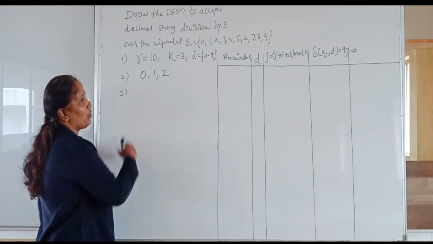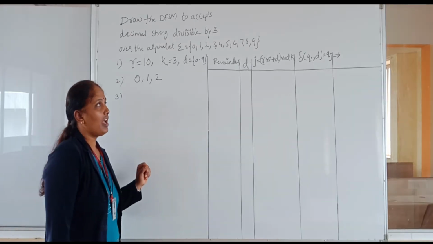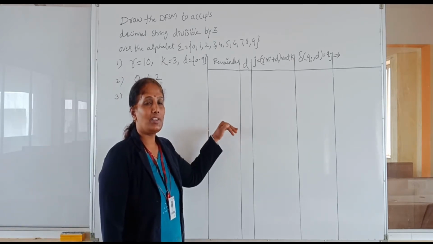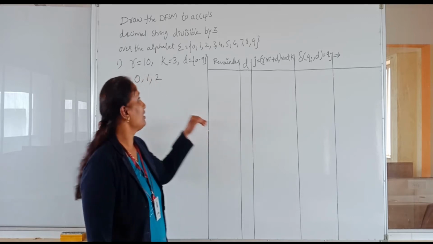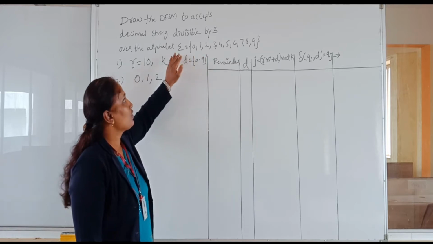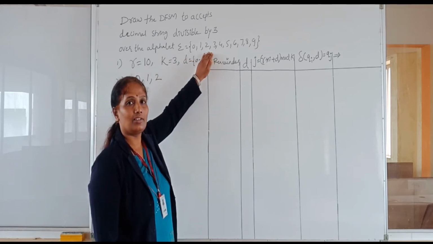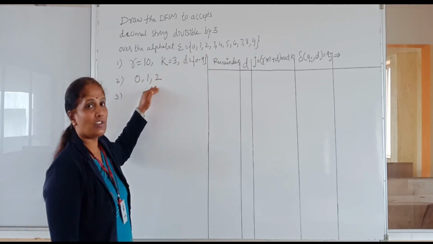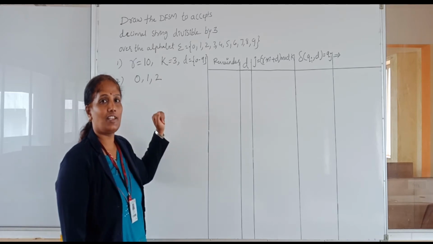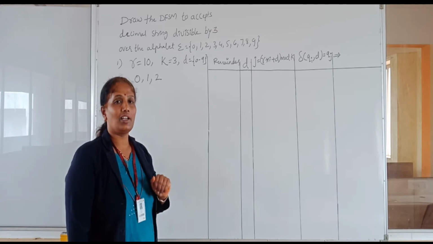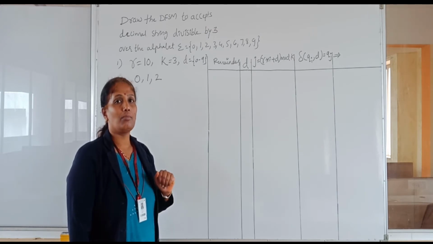The third step is you are going to find the transitions. So I am going to find the new transitions by constructing this table. This table is constructed based on the possible remainders and the digits in the alphabet set. The alphabet set contains 10 digits or 10 symbols, so 10 into 3 possible remainders. So how many transitions do I get here? 30 transitions. Constructing or finding the 30 transitions is possible, but it will be a very lengthy procedure.